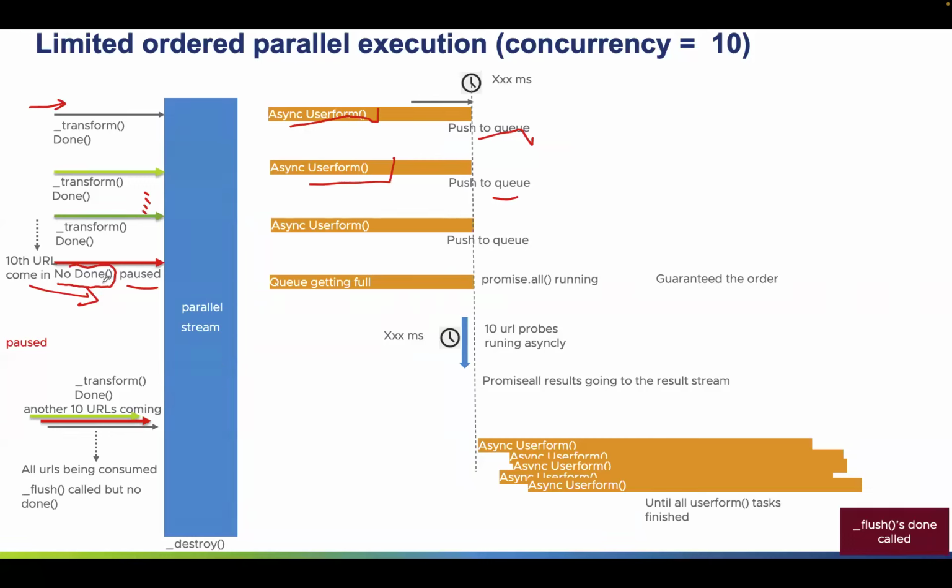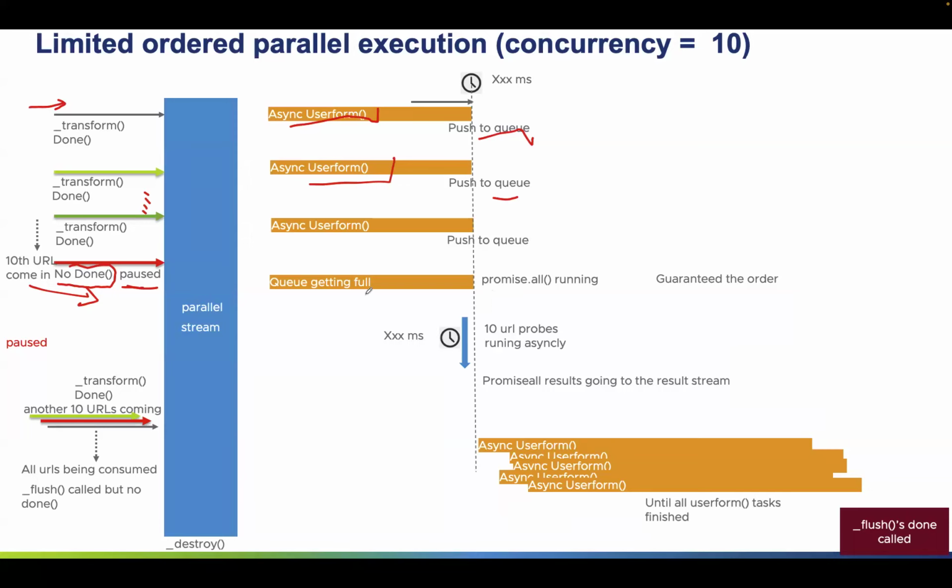When you're done, it is now fired, and then the whole stream will be paused. So by leveraging this mechanism, I just let the done pause, then the whole stream is paused, and then it's time to deal with and manipulate our queue,